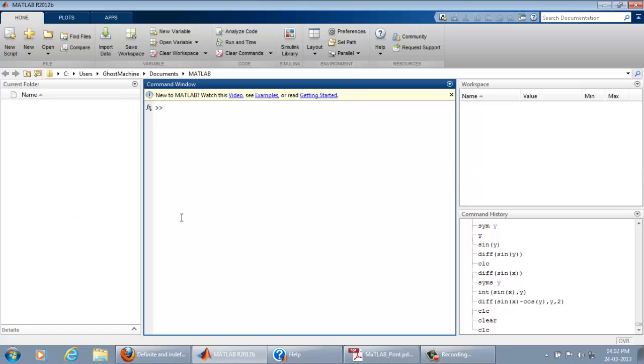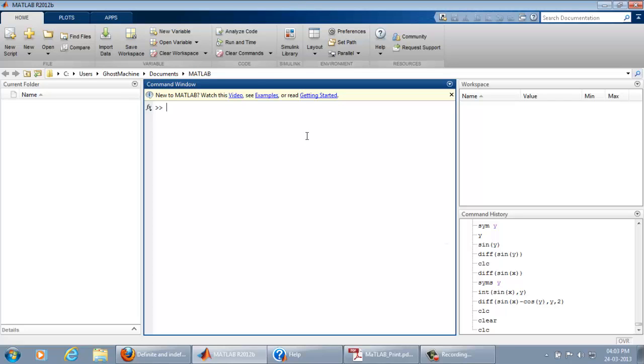This is the main interactive command screen window of MATLAB. This is the workspace. Whenever we are working with MATLAB, the variables you are working with will be shown here. And this is the command history window. The previously executed commands you will see in the command history window.